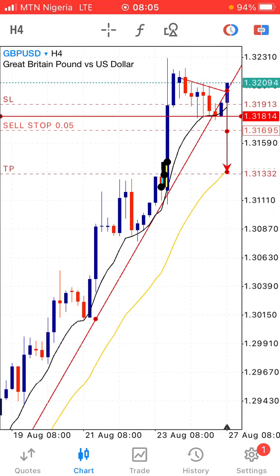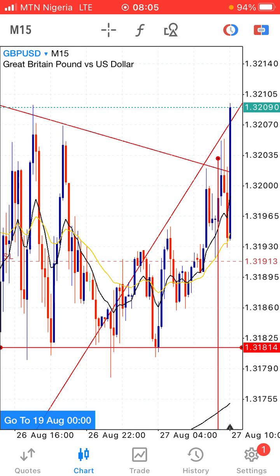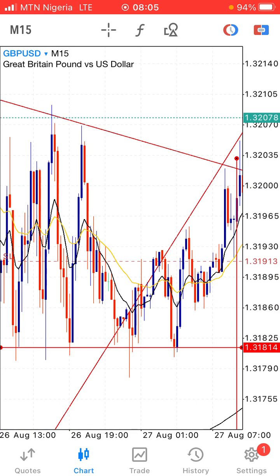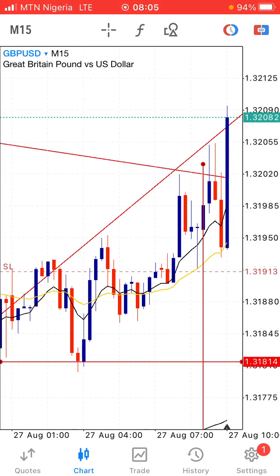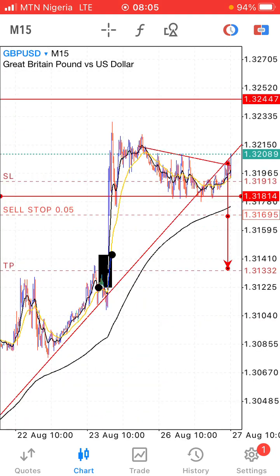But one thing I always say is let's come to a lower time frame. Let's come to a 15 minutes time frame. Wow. Beautiful movement to the upside. What an engulfing candle. Wow. But do I still take this because of this move? Would I rush and enter the market?